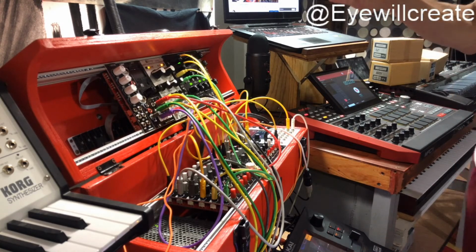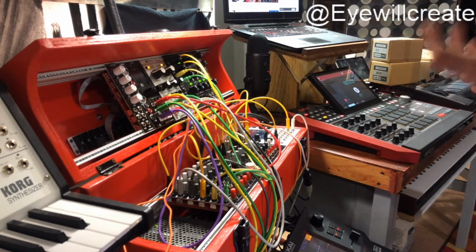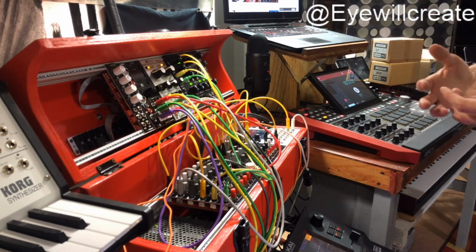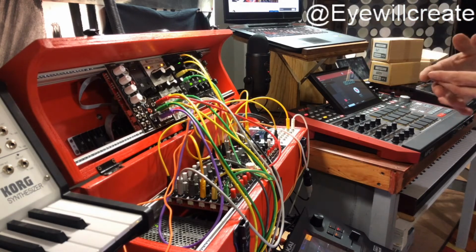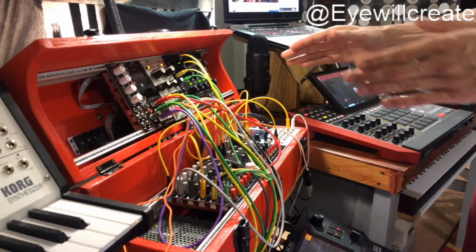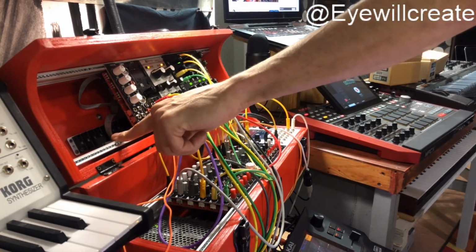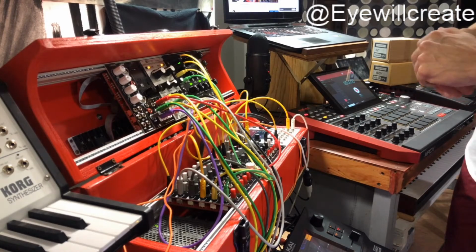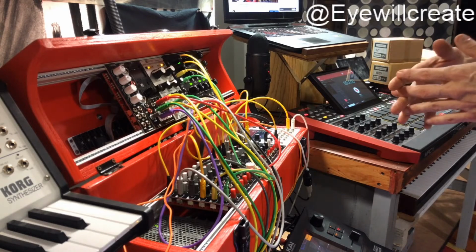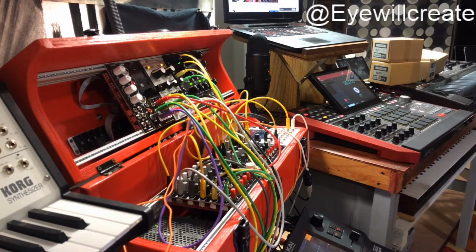So as far as MPC users and people that want to use a modular rack and just get their feet wet with it, there are places that sell these things. These are called rails. Rails are vital, actually. In the beginning, I thought I could get by just with wood or whatever. But as you can see, if I pull this thing in a little bit closer,